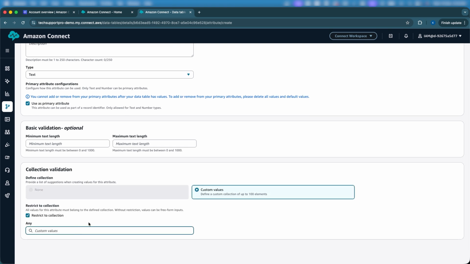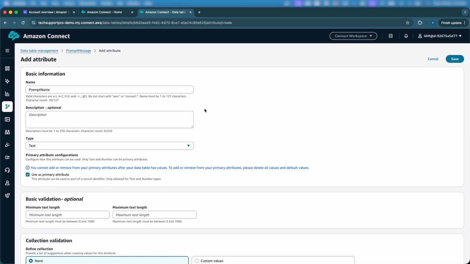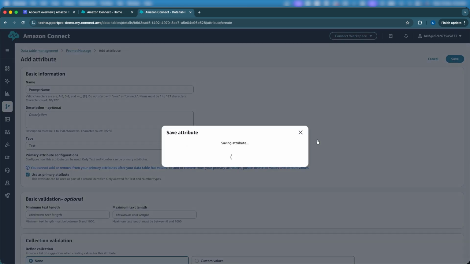So for example, if I'm dealing with the days of the week and stuff like that, I can have Sunday, Monday, and all these things are going to be the values that are allowed for this attribute that you are setting. For this one, I'm not going to do that, so I'll select none, and just have my key as primary key. Click on save,